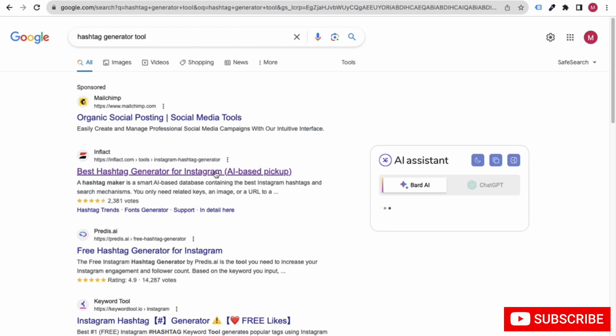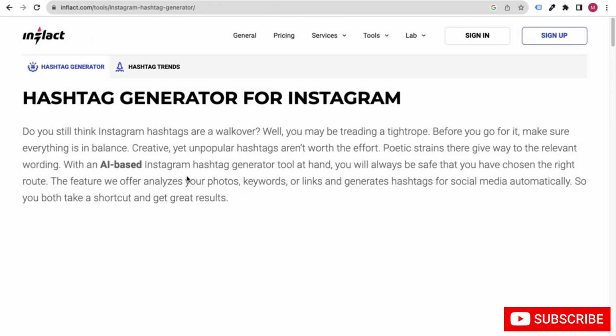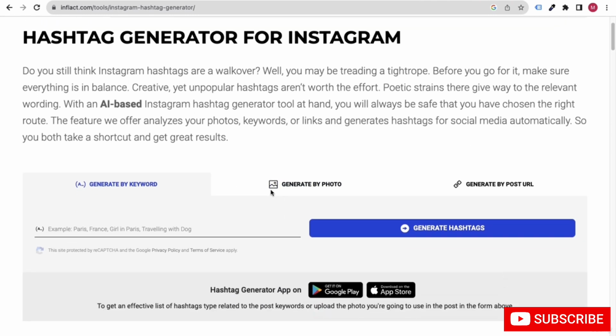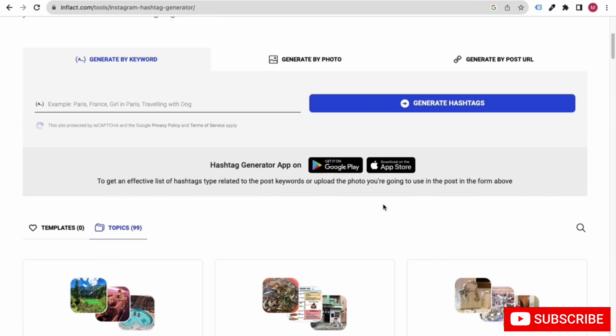Now you can create one free tool, and inside it you can put one button, buy hashtag generator API, like this. There is lots of traffic which comes to free tools. So when people use your free tool and see that your API is also available, they will click on your API and purchase it.